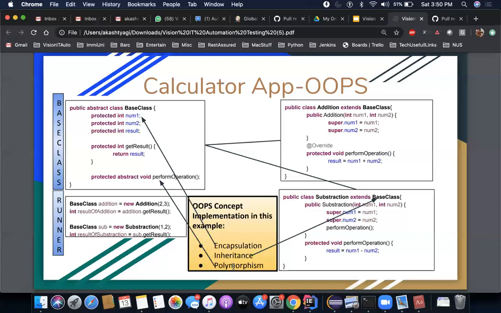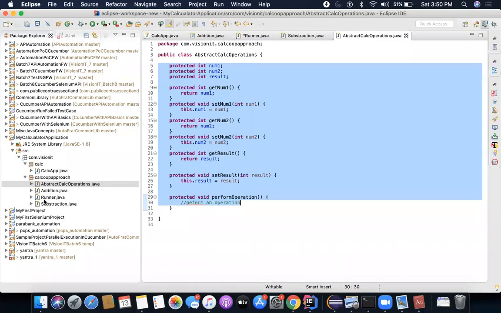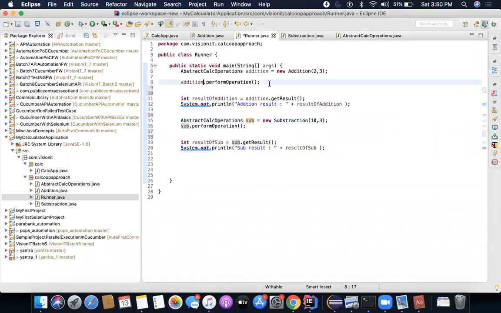Last thing is polymorphism. If you notice, you see perform operation and you see perform operation. You are calling the same method, but they are giving you different results. This is polymorphism. Polymorphism means taking multiple forms. There are different ways you can achieve it, but in this particular example, this is how the polymorphism concept is implemented.